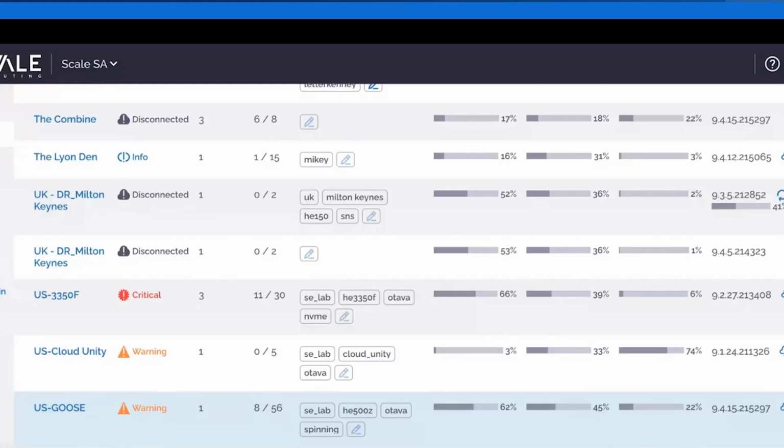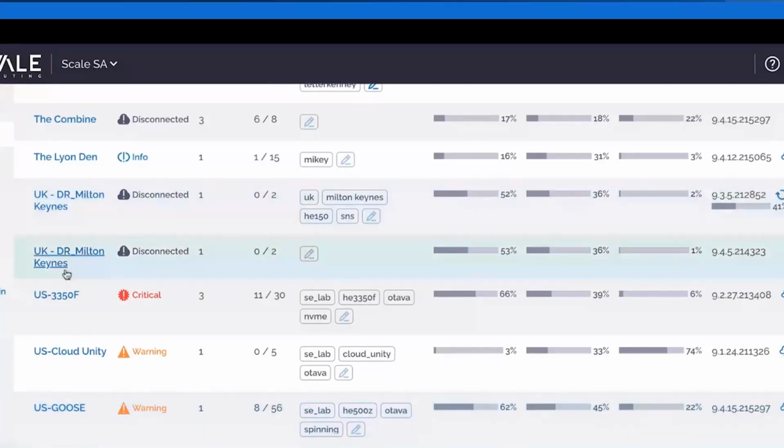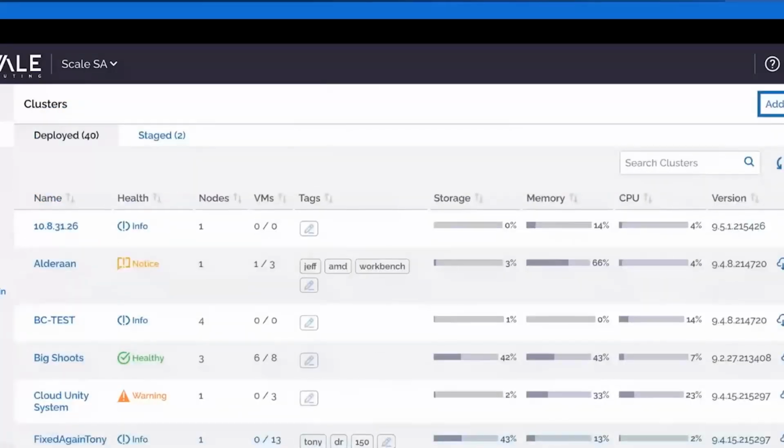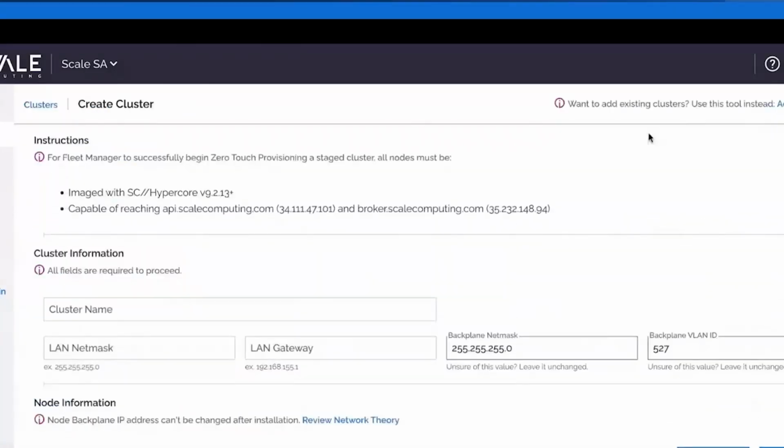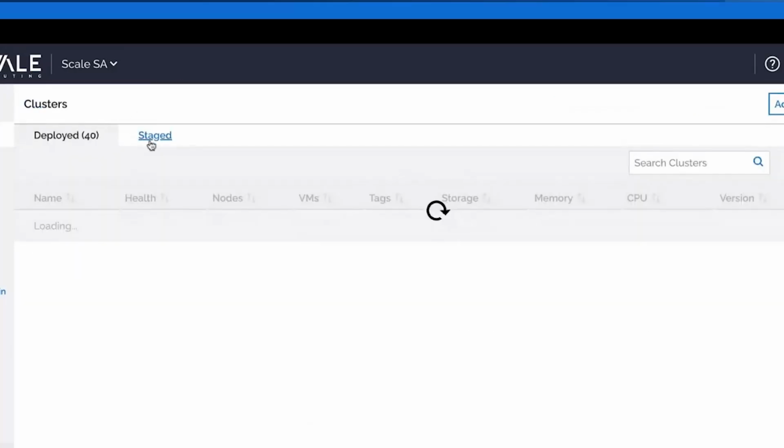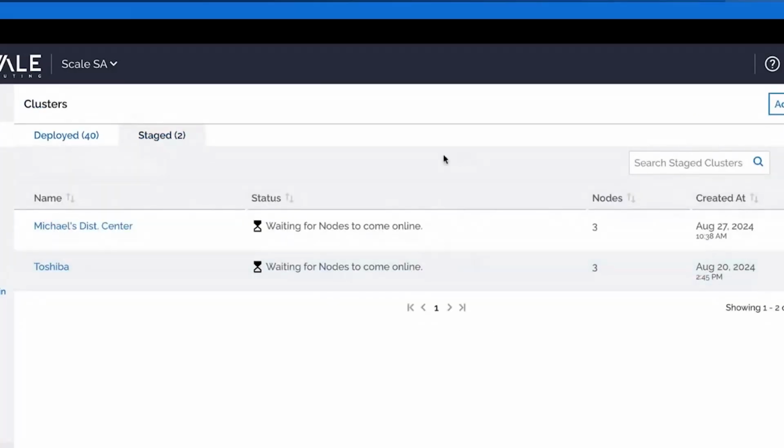Back to Fleet Manager as well, you do have a very cool feature we call ZTP. ZTP gives us the ability to add nodes and deploy them remotely. Think of no boots on the ground. Think of someone that can simply plug in cables, get the information put into the system on your side from the admin side, and take that information back to create a cluster, stage it within the environment, and simply wait for it to land and get plugged in to come online and get deployed. You have visibility from those deployed clusters from that single pane of glass from Fleet Manager.